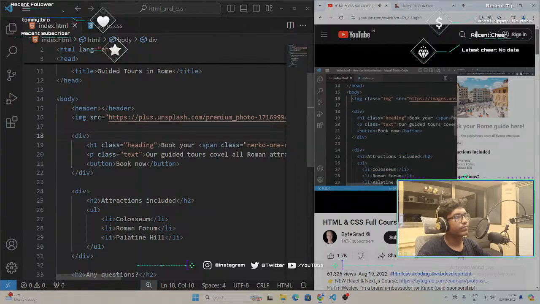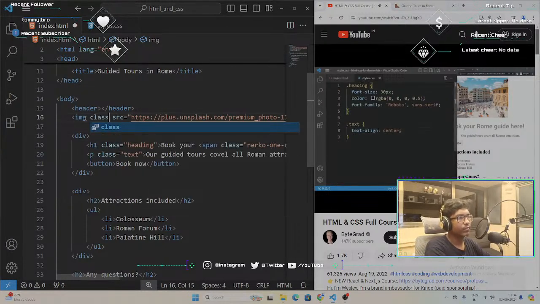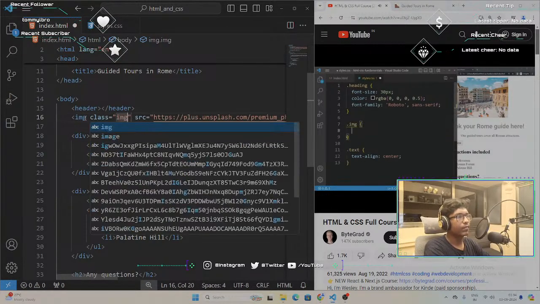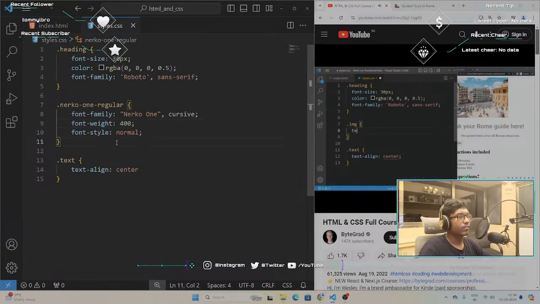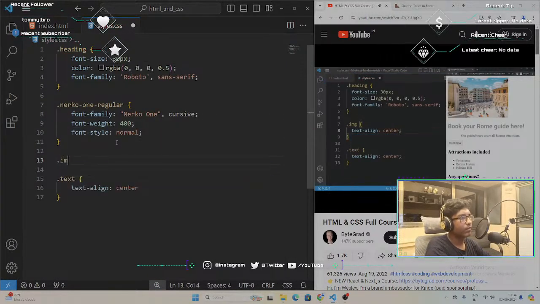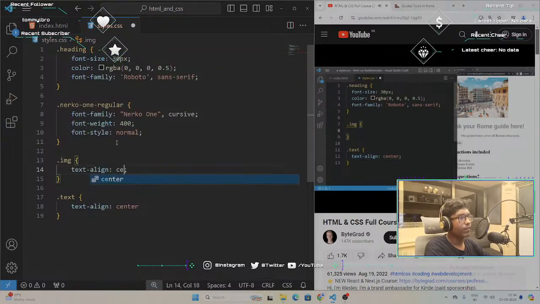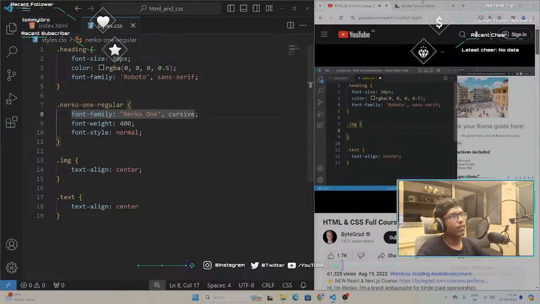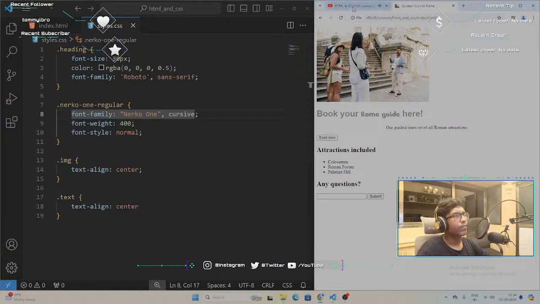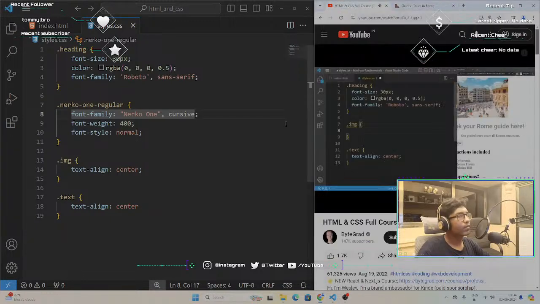And what I like to do, the image comes before the text, right? So I also like to keep the selectors in that order. It's not mandatory, but it helps with my mental map of how everything is structured, right? So we select by class, so we use .img. So now if you would try text align center, that doesn't work for the image, right? The image does not sit in the center, right? So one of the reasons for this is because the image is also an inline level element, and its width right now is restricted. So we need to make it